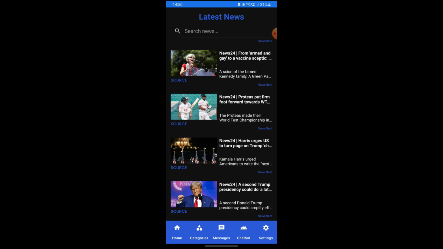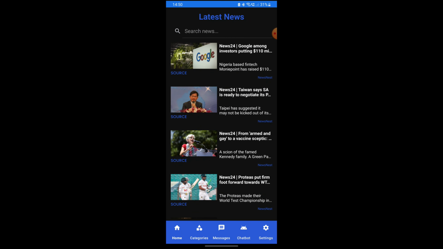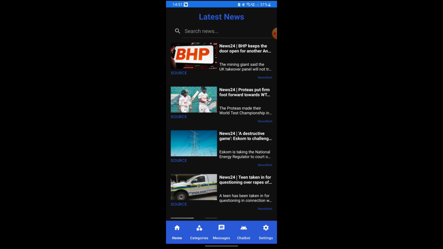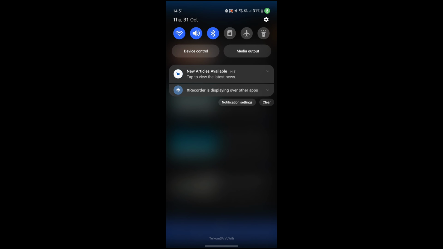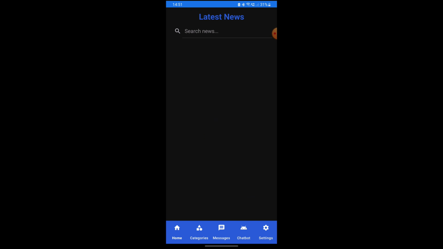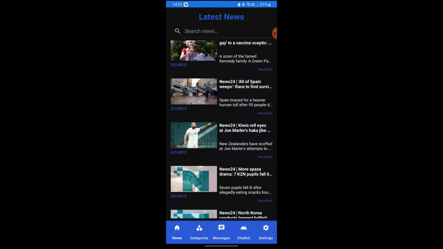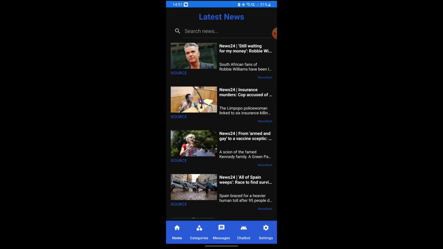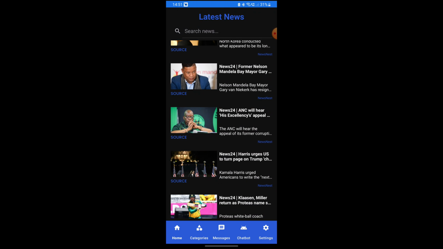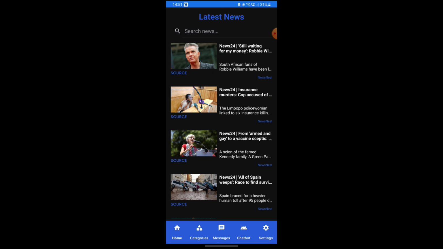Notifications in this application work in two ways. So now if I refresh this page while I'm online, the notification is going to come through now. As you can see, notifications come through saying tap to view the latest news. News articles are available. So anytime there are news articles available, the notification pops up, and then users can tap on it, and you can go in. You do hear a notification sound, and anytime news articles are put into the application, you will get